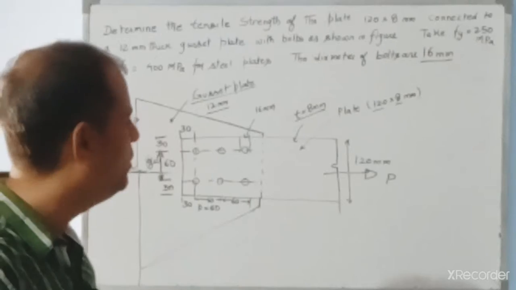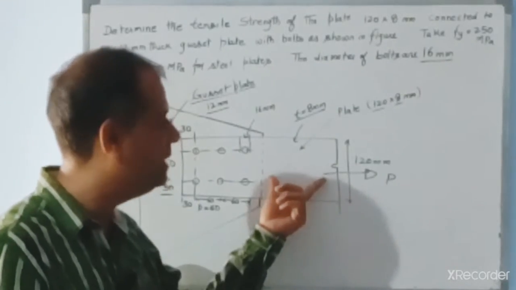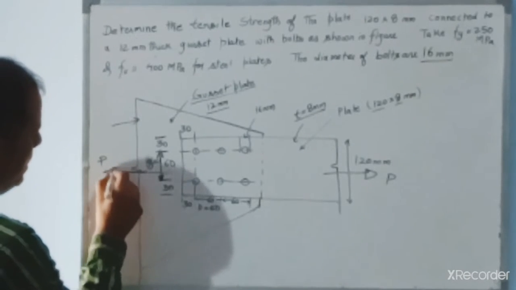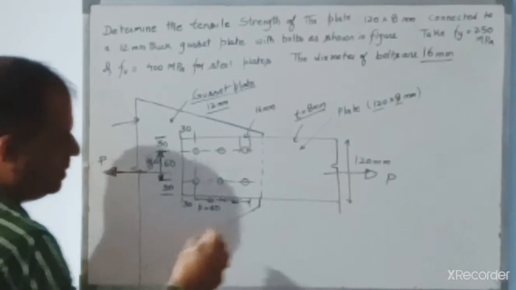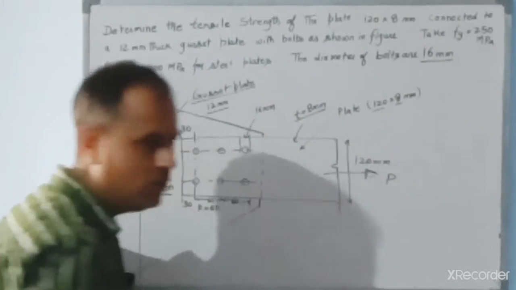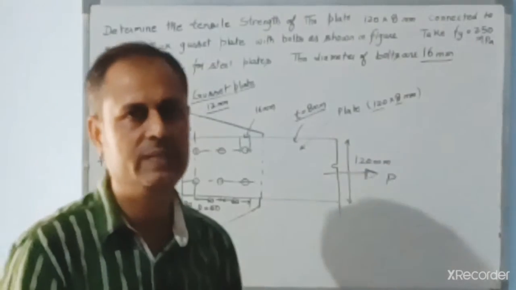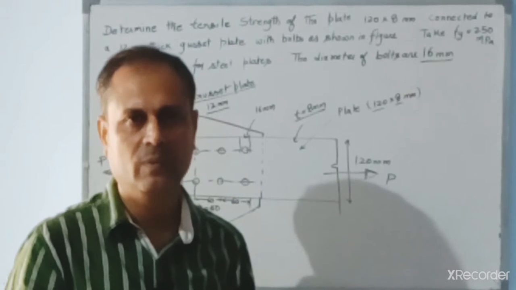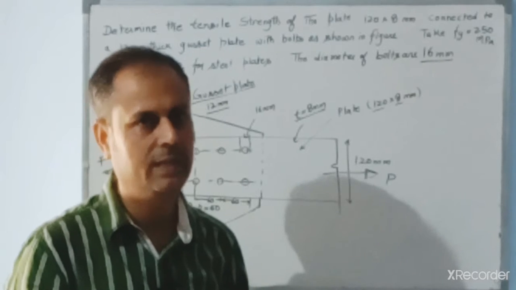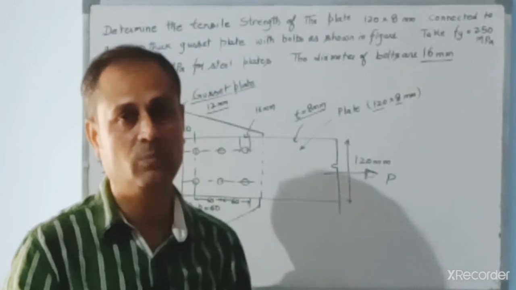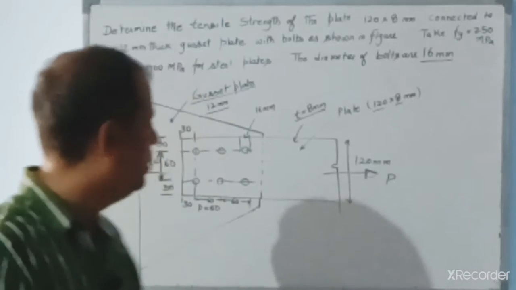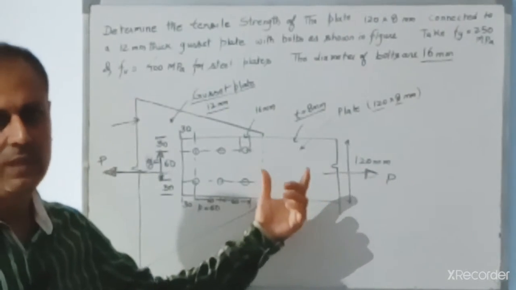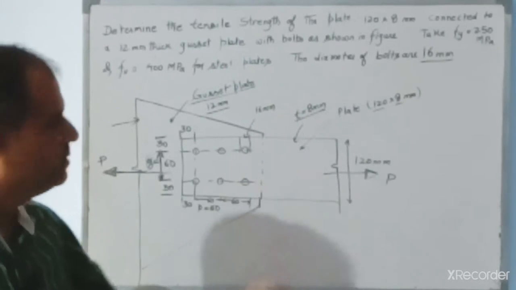The connection is made up of bolts, the tension plate and the gusset plate. Whenever a pull comes, the tension member behaves by increasing its length. We all know what a tension member is. A tension member is basically a member of a structure, of a frame or a pin jointed truss, that is used to take axial pulls. So in this case, this is also a tension member. You can assume that it is a part of a frame or truss.